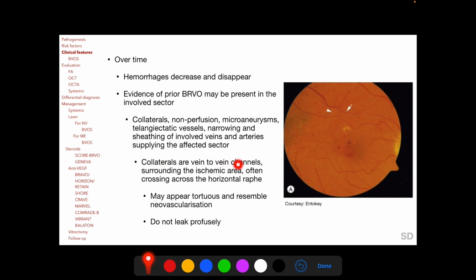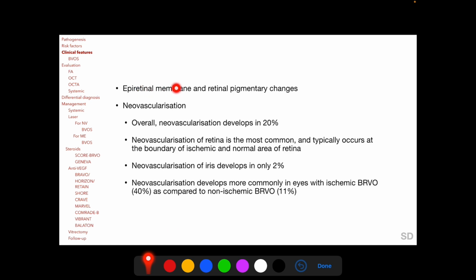Collaterals are vein-to-vein channels surrounding the ischemic area, often crossing across the horizontal raphe, which is the horizontal line passing through the foveal center. Collaterals may appear tortuous and resemble neovascularization, but unlike neovascularization, which profusely leaks on fluorescein angiography, collaterals do not leak. Epiretinal membrane and retinal pigmentary changes can occur over time, and overall, neovascularization develops in 20%